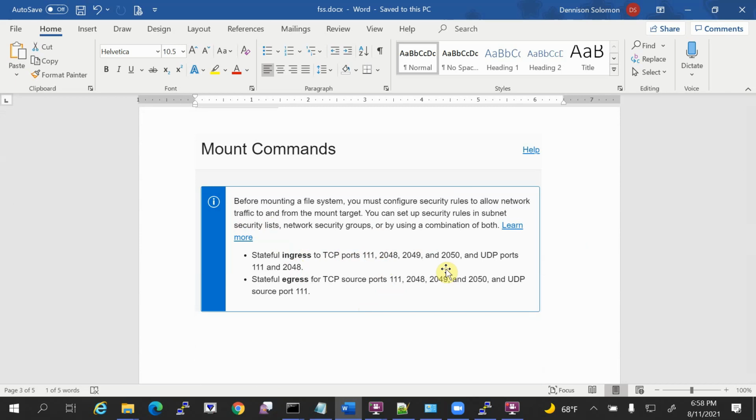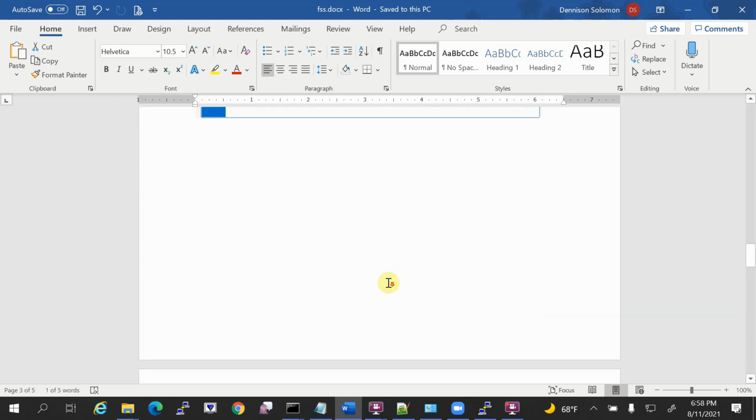All these ingress and egress rules, you have to define in the subnet of your mount target. That is the reason I am telling you it is recommended to create a dedicated subnet for your mount target. Don't place your compute instance in the subnet of the mount target, because you are going to have a separate dedicated security list. Let us handle it separately. Nothing is wrong, but it is easier to handle and group. Again, ingress, egress and all, I am assuming you are aware of these things.